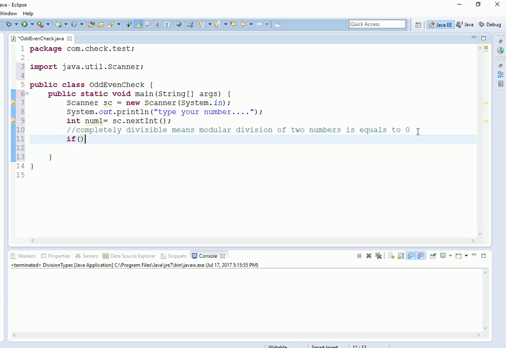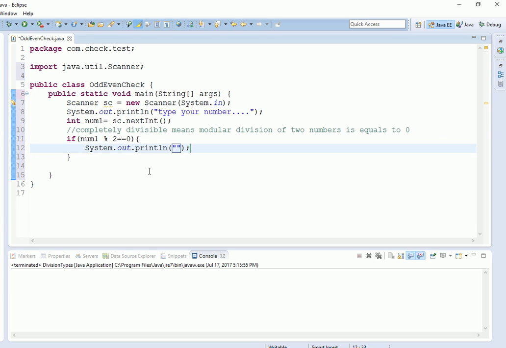So let's write a condition in Java for checking this. For a conditional statement, we write if. So if num1, what we will do? Modular division, because we are going to check whether num1 is completely divisible or not. It means the modular division of that number by 2 should give us 0. Okay, then it will be an even number. So we are done now. Simply this will be the condition, that the number